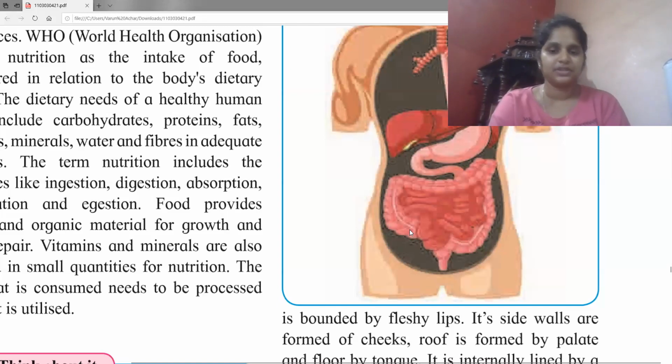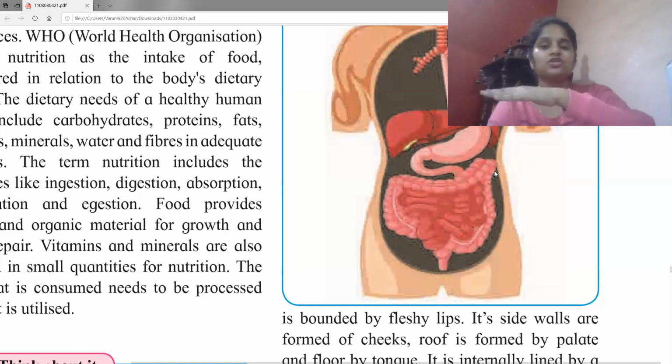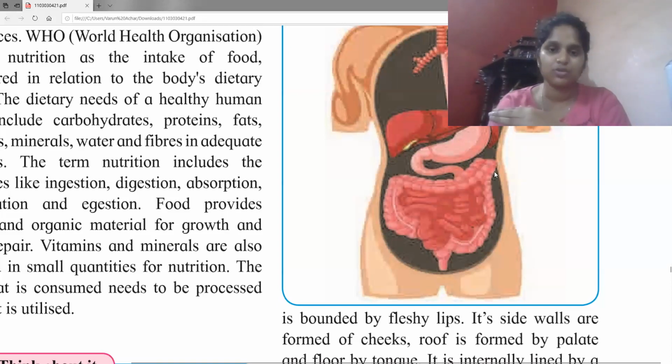Okay, so after the food from the small intestine, not the food, sorry, the waste material from the small intestine, they enter into the cecum, and from the cecum they are going to go upwards. Since they are going upwards, that is why we are calling it the ascending colon. Then from here they are going to go horizontally like that. So we will be calling it the transverse colon.